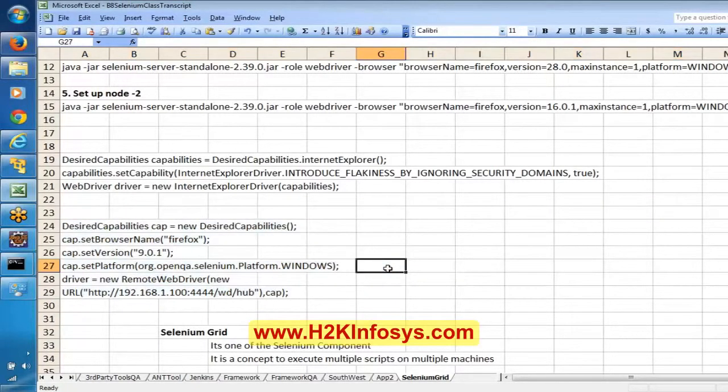Desired capabilities is a class which is available in Selenium WebDriver. By using desired capabilities, we can customize or configure. We can say that I want to execute on so and so browser, on so and so machine, on so and so version of the browser.